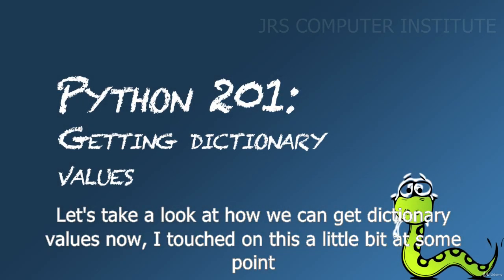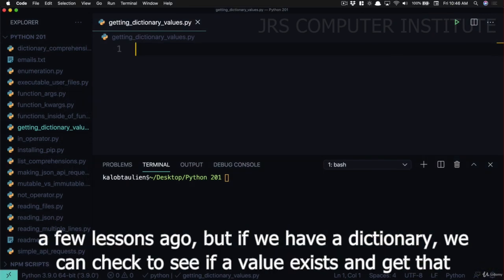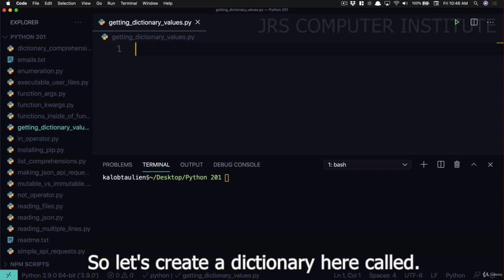Let's take a look at how we can get dictionary values. Now, I touched on this a little bit at some point a few lessons ago. But if we have a dictionary, we can check to see if a value exists and get that value by its property name. So let's create a dictionary here called